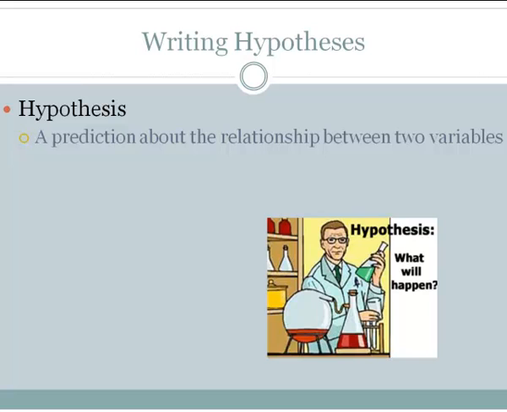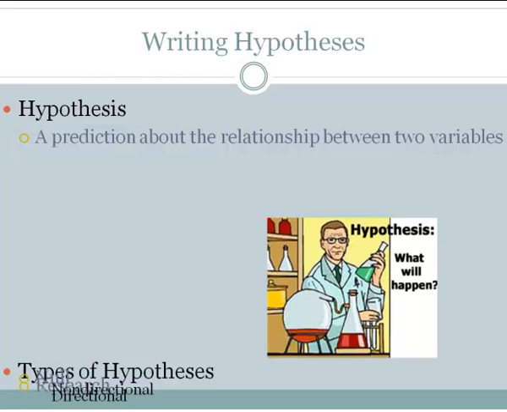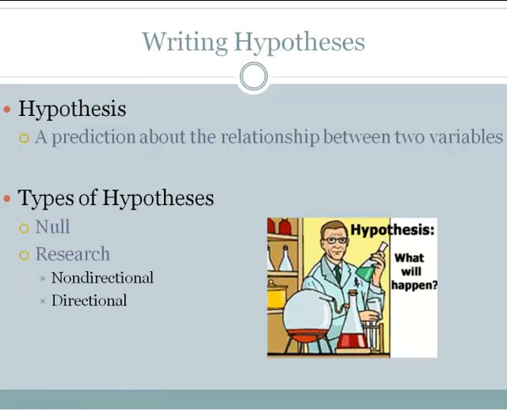As you can see, a hypothesis is your prediction or your hunch as to the relationship between two variables. When we talk about writing hypotheses, there's two broad types. The first is the null hypothesis. There's only one of those. And then the second is a research hypothesis, and there are two types of those, a directional and a non-directional